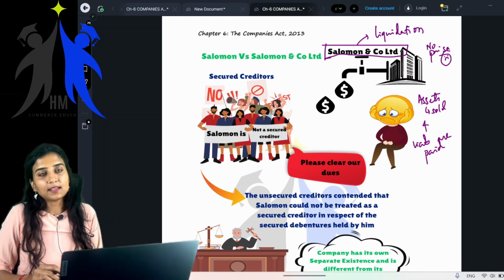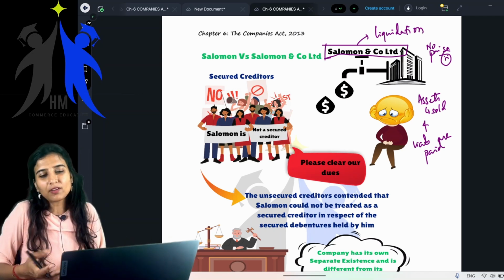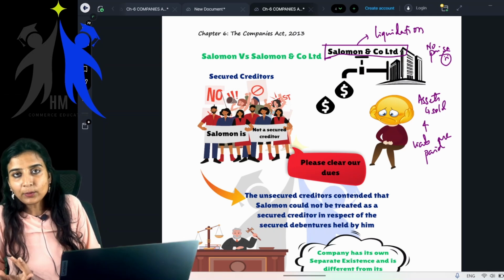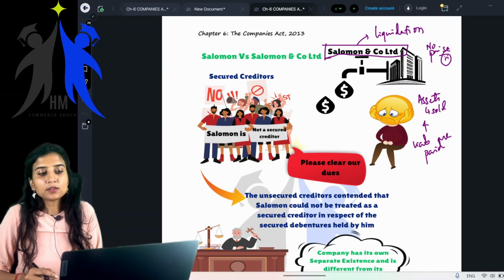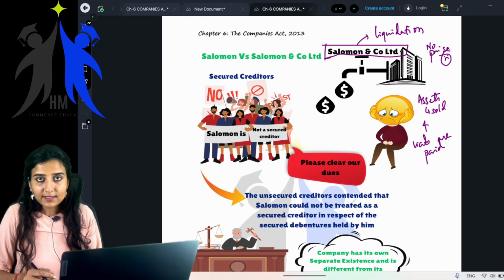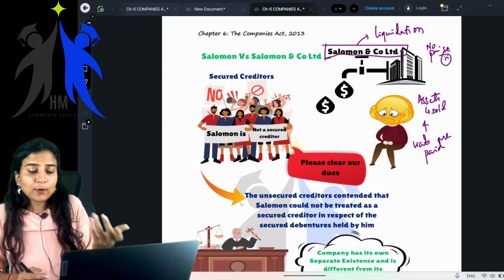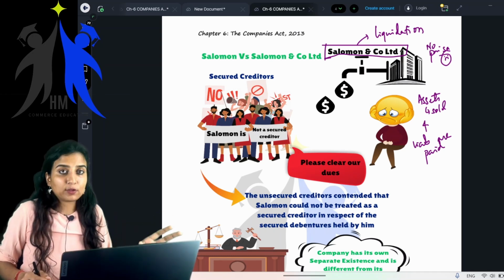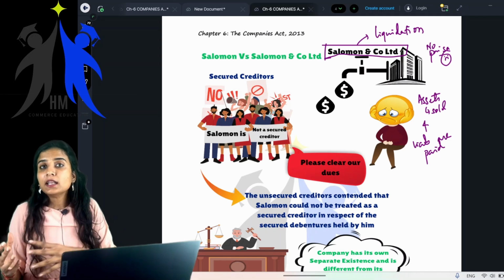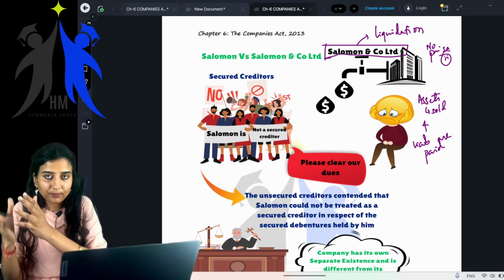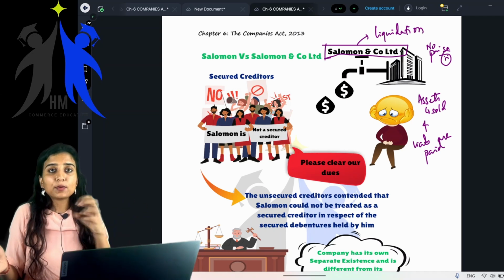Yes or no? If there is a sufficient amount of assets, and if everything is good, why would the company normally liquidate? So the fact that it has gone into liquidation, the probable reason could be lack of funds or lack of assets to continue the business. Now, in the process of liquidation, what will happen? The assets are sold, and it is paid off to the liabilities, whoever the creditors or the debenture holders are. All of these will be paid from the assets.